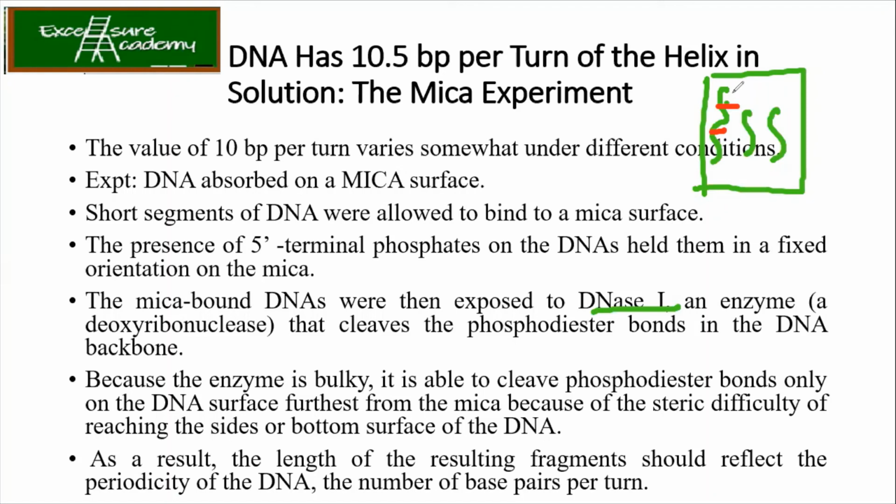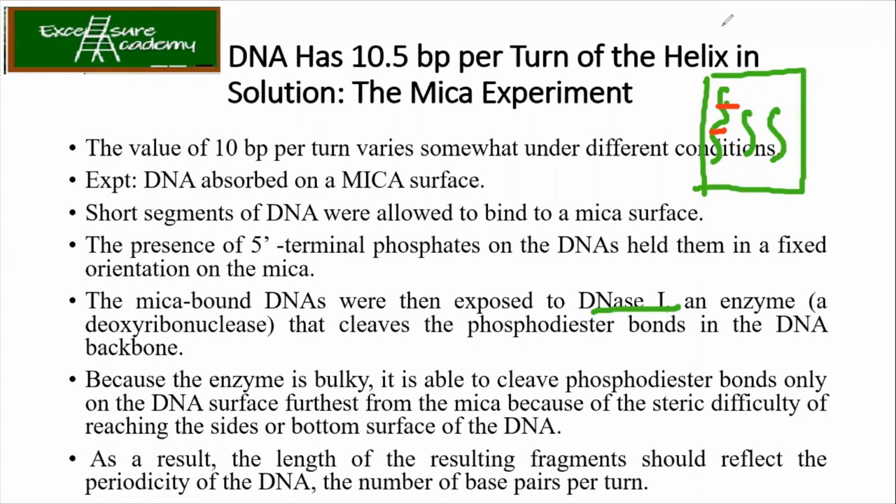So it is not possible for the catalytic site to reach the minor groove or to reach the phosphodiester bonds which are present in the minor groove. So what will happen? It is not able to cleave. In order to cleave the DNA, the catalytic site should reach the phosphodiester bond, right? To have the cleavage. Because of this, many of the enzymes, not only on DNA but other enzymes also, act on the major groove and not at the minor groove.